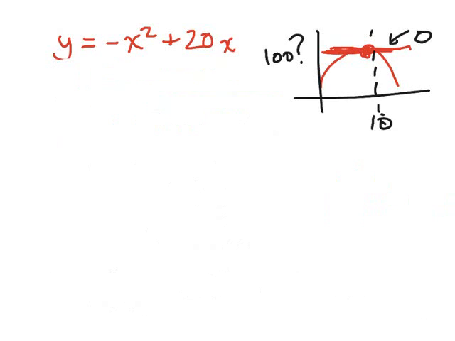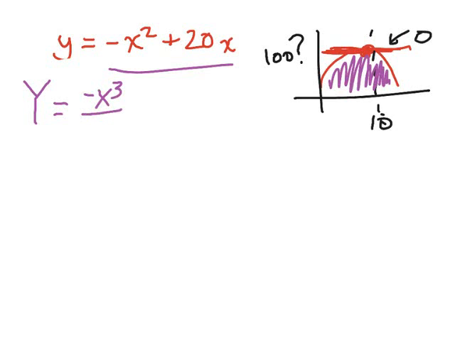Alright, the last thing that you need to do is find the area underneath the curve. Okay, so if we are actually designing, how many blocks could we put underneath this curve? Well, what we're going to have to do to find the area, remember the last thing we talked about this year was the integrals. And integrals help us find area underneath the curve. So we're going to take the integral of this function. So remember, y becomes capital Y, or the integral of y. And we're going to do the opposite power rule. So this becomes negative x cubed over 3